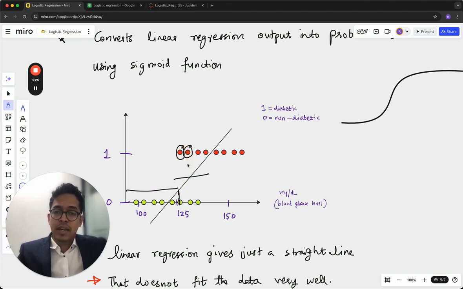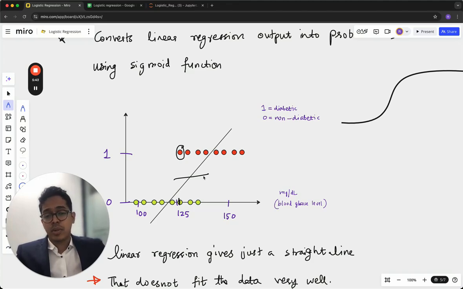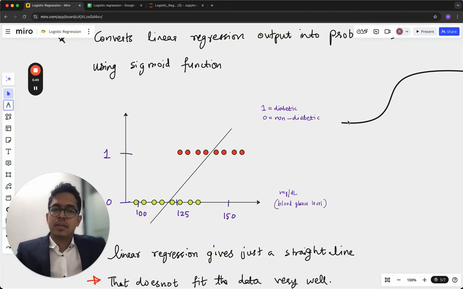What about this one? The x value is somewhere here, the y value on the line is here, and then you will again be classifying it as non-diabetic because the y-axis value of the line is less than 0.5. Now, you can already see the issue. Even in training, the accuracy is very difficult to get close to 100%. In testing on new data sets, it will be impossible. So now this brings us to